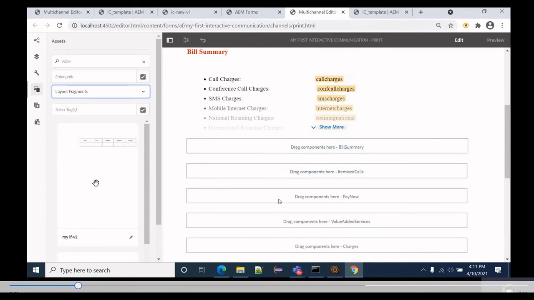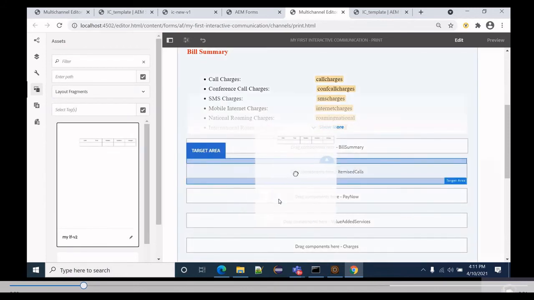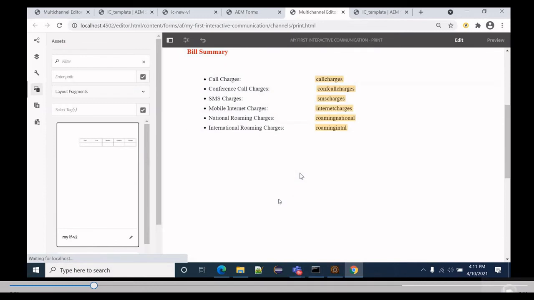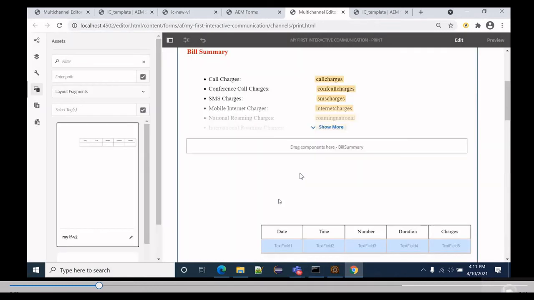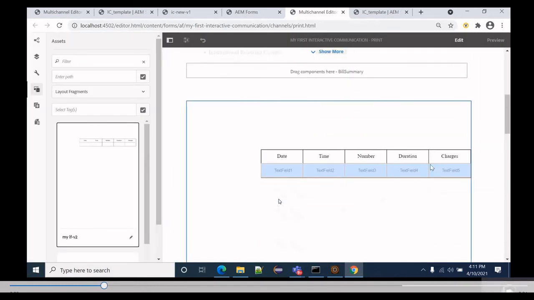Okay, so just drag and drop it over itemized. This is the target area. Okay, though there is a UI issue, but yeah, we can fix it. Basically, whatever XDP file we have created, we have to maybe put some width, right width, or maybe we have to make it centralized. That's fine.